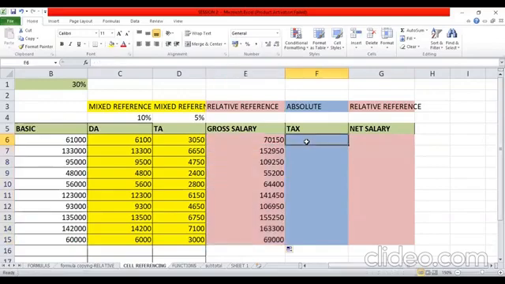Now coming to the calculation of tax. For calculation of tax, I am saying that everybody has to pay tax on the gross salary based on this fixed rate of 30%. So how do I fix this rate? First of all, gross in any case I want to change for every employee. So for employee 1, I want to use E6. For employee 2, E7. For employee 3, E8 and so on. So this will remain relative and I'm not copying it anywhere else across the row.